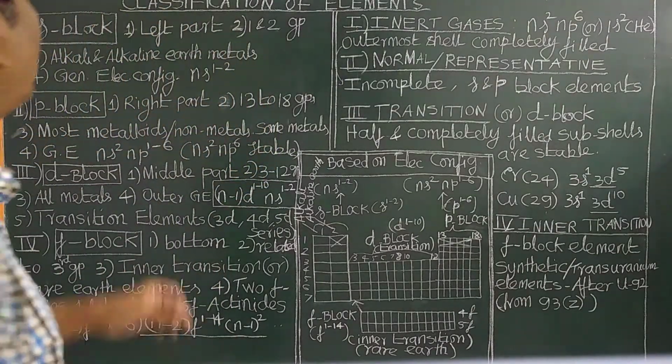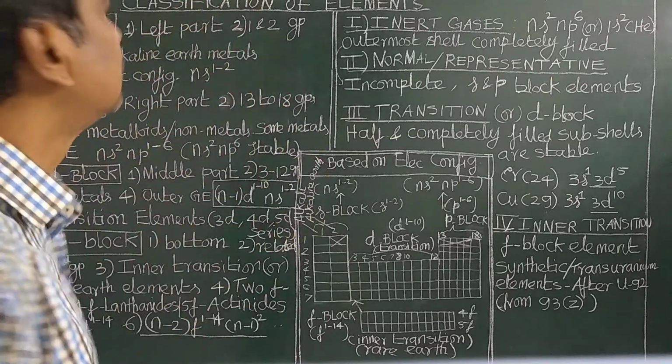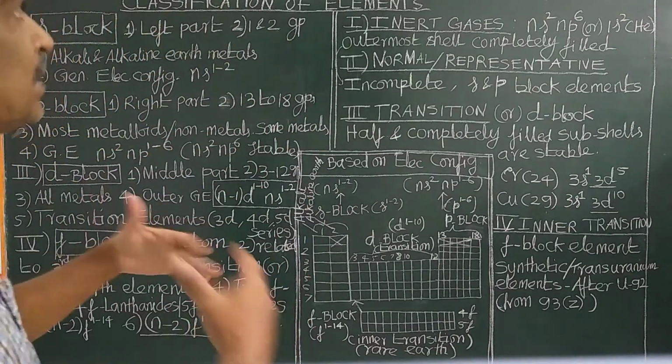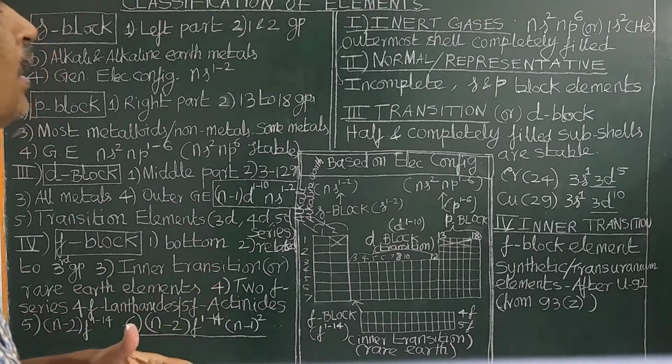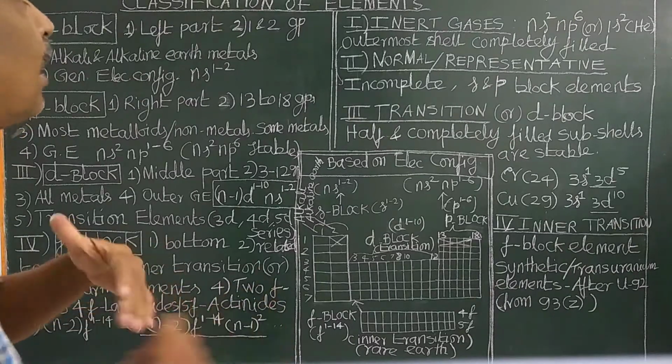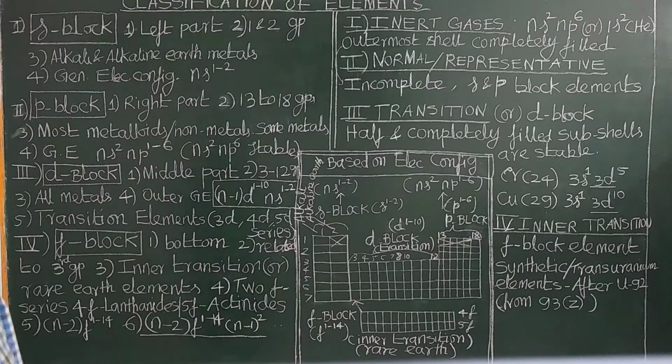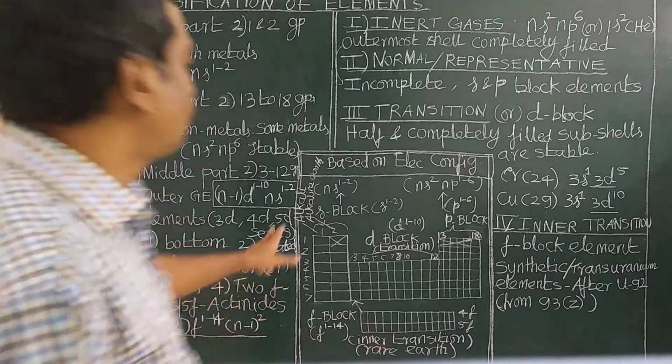Today let us study the classification of elements. How are elements classified? There are 118 elements. I told you yesterday that there are 118 elements present. How are these elements classified? Based on the electronic configuration,